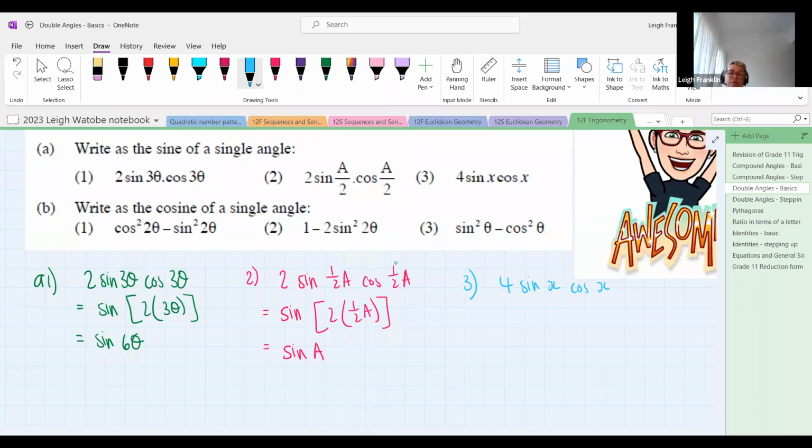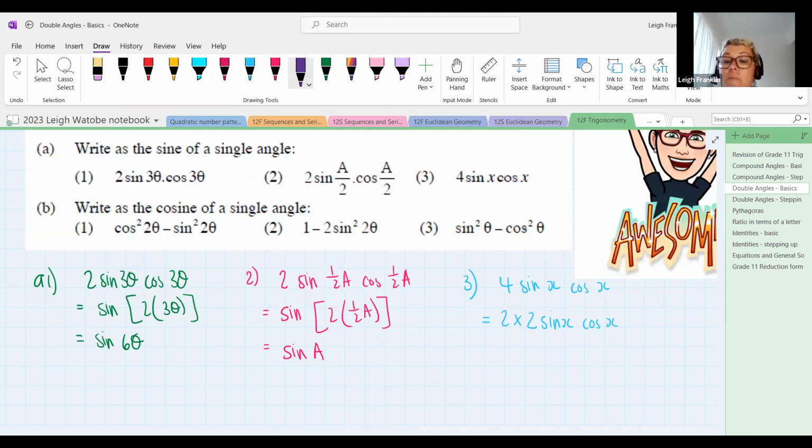You're rewriting everything that you see in a different way so that it has the same meaning, but so that it can be manipulated or changed somehow and written as something else. So the trick to this one